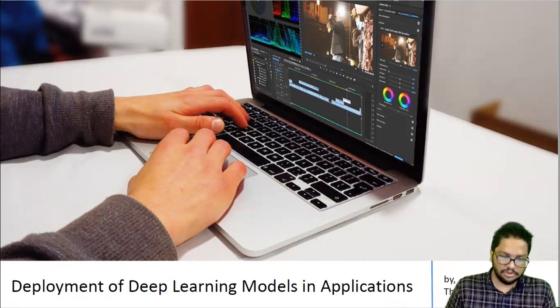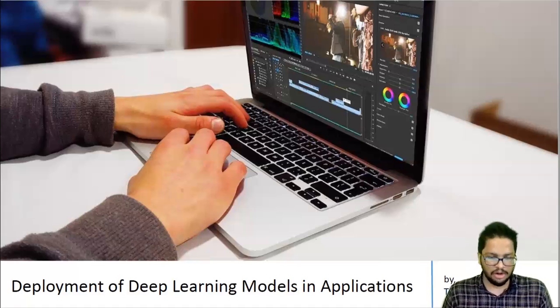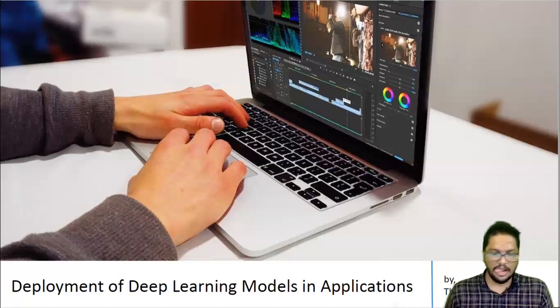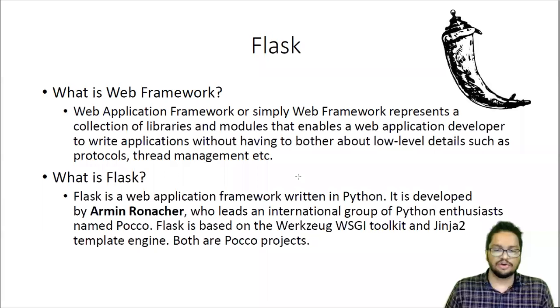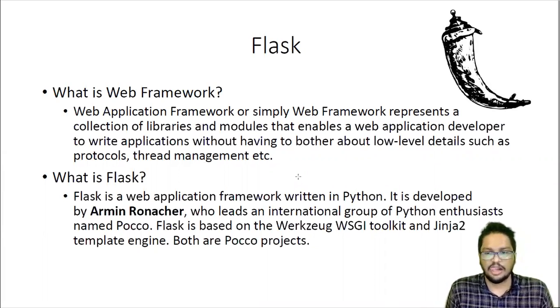So today, as a start, we are going to discuss Python backend development and how to deploy our own models, the models that we developed, in a web and a mobile application using Python backends, right? So in order to do that, first we are going to talk about web frameworks, and we will get